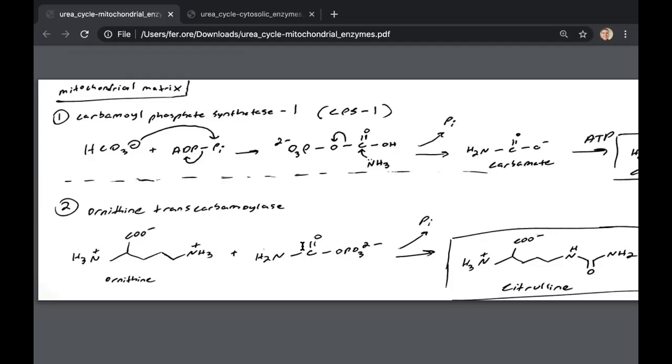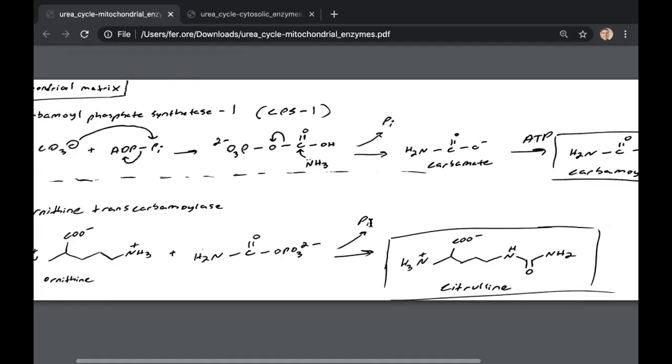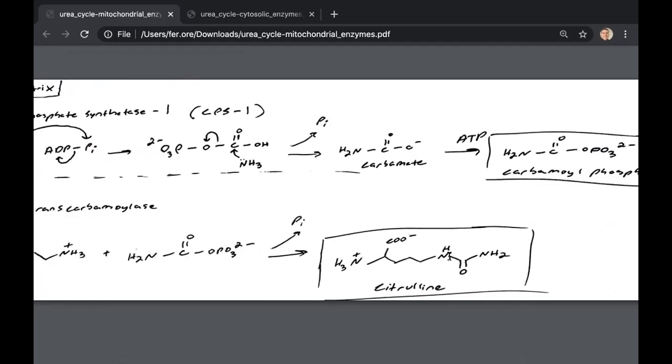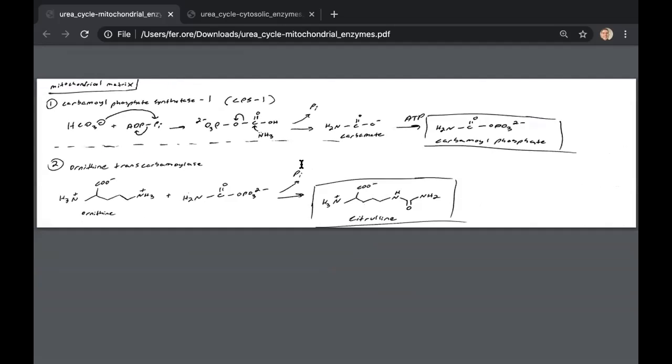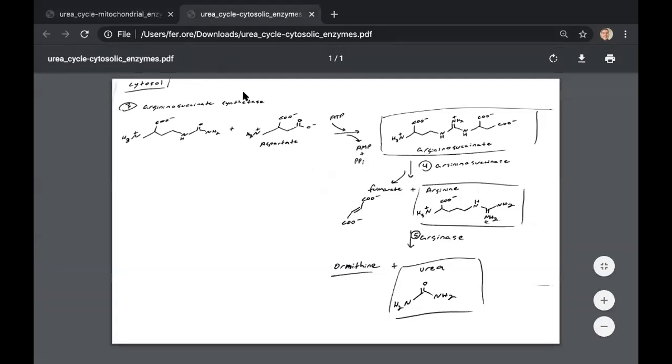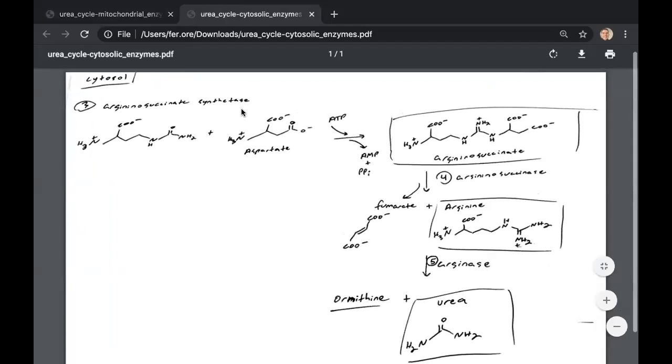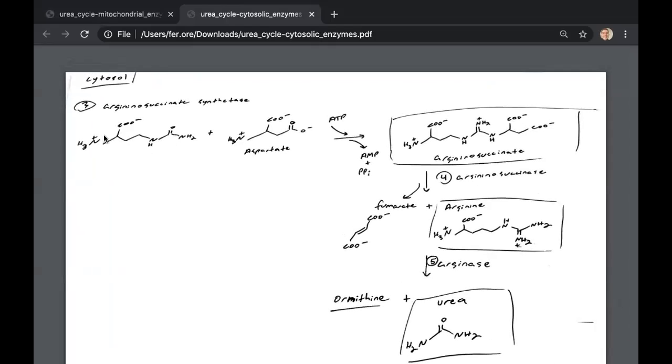And being that carbamoyl phosphate is a high energy mixed anhydride, the inorganic phosphate is kicked out, and we get this conjugated molecule, citrulline, which is another non-canonical amino acid. So at this point, we're done with the mitochondrial reactions, and citrulline is transported out of the mitochondria and into the cytosol. So in the cytosol here, our citrulline is going to react with aspartate, an amino acid, and this is going